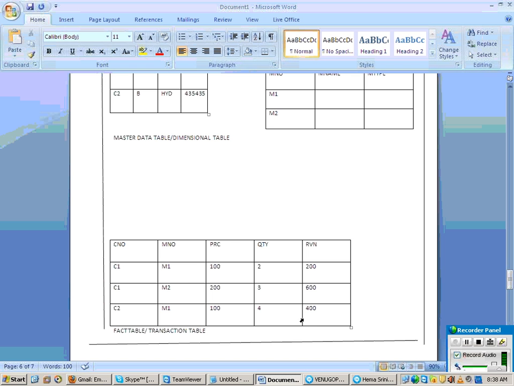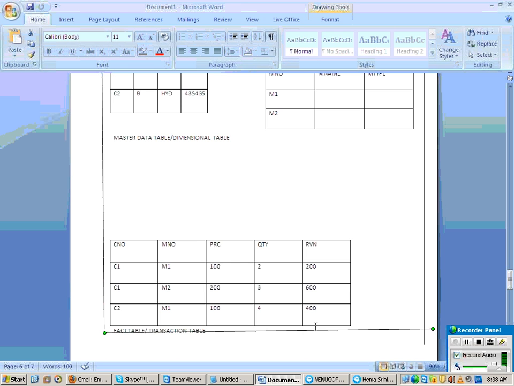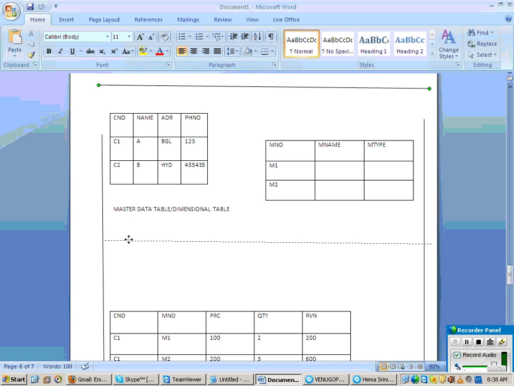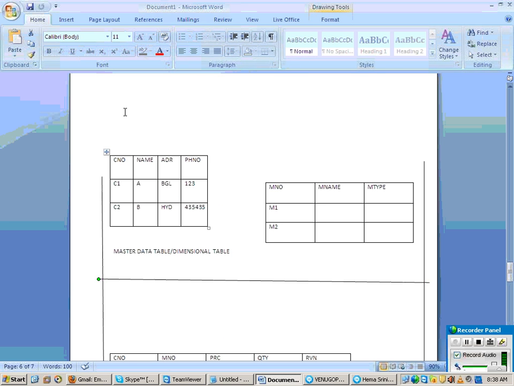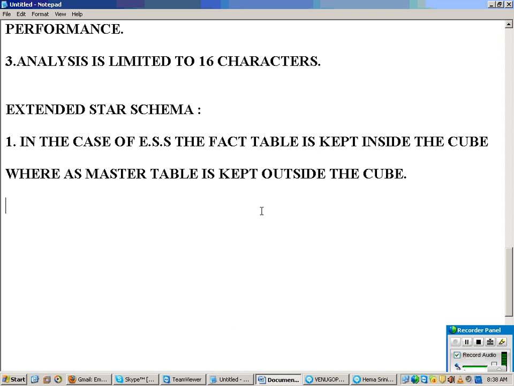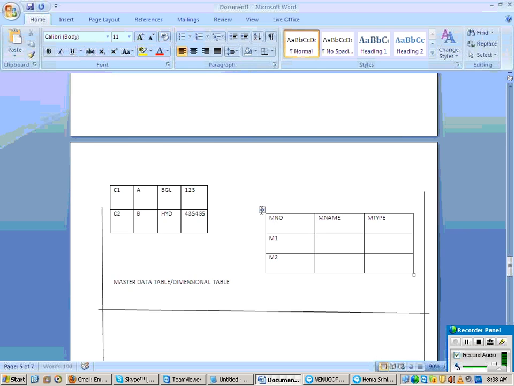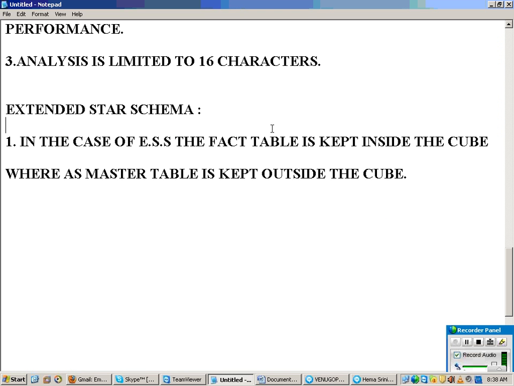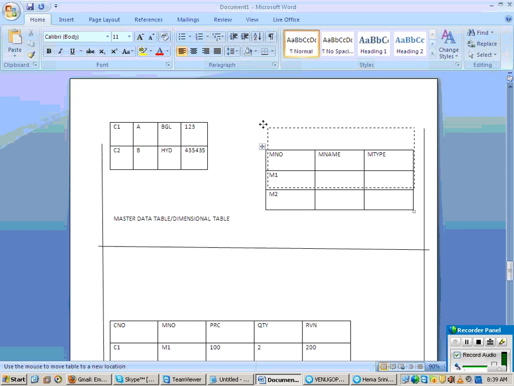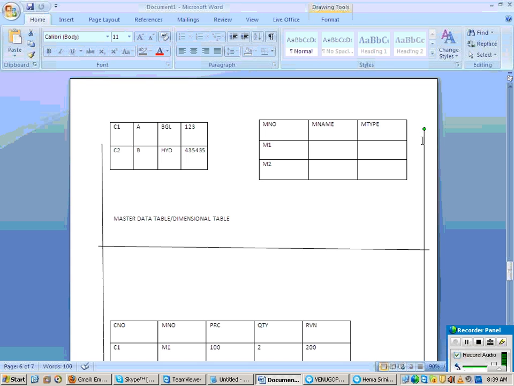Okay, let us say this is your cube. Now, where are your master tables right now? They are outside the cube, so they are nowhere connected to it. So can I call it a dimension table as of now? Here the master table is different, the dimension table is different.